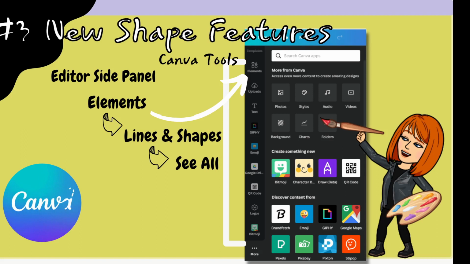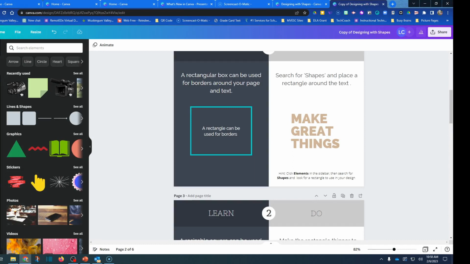So I'm going to stop here for just a second. I'm going to jump out to the shape features so that you can see how to use these and how to manipulate them. So here I am. I pulled up a blank document that had a few things in it so that I could show you just how to use this and how to manipulate and add things to enhance your documents.